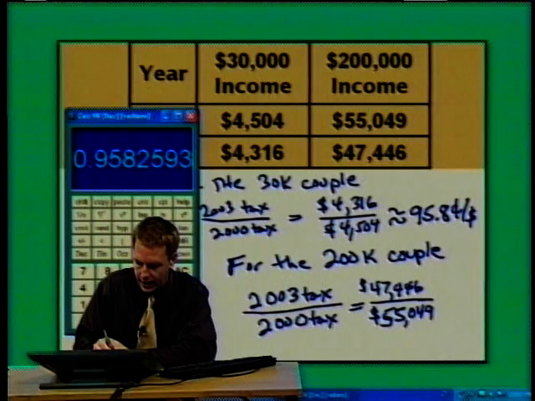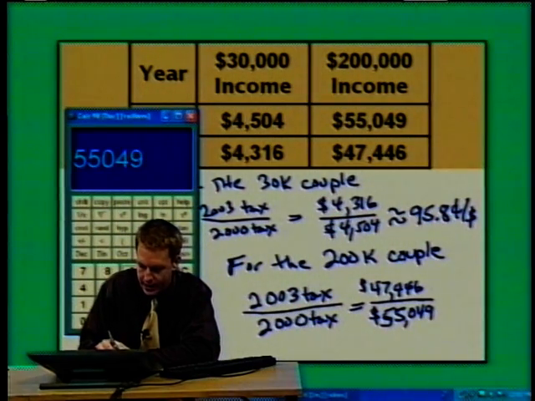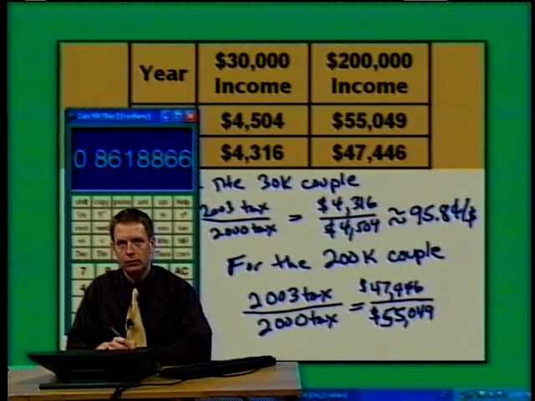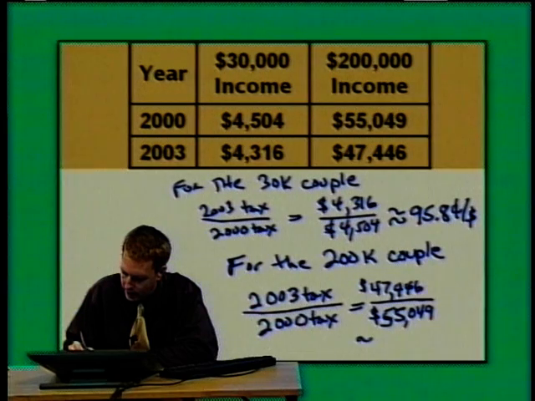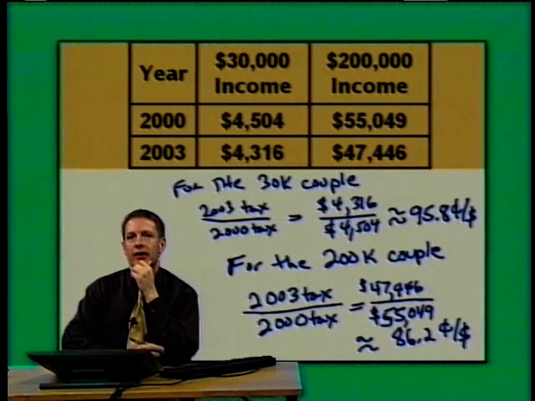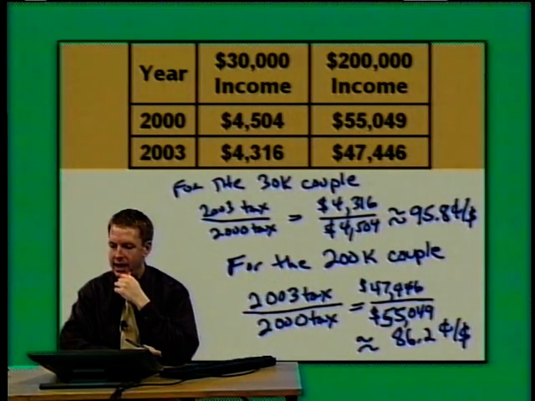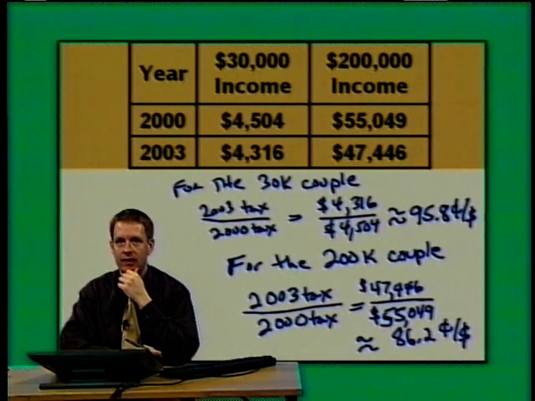So let's see, we've got 47446 divided by 55049. That's 0.862, which would be about 86.2 cents per dollar. So let's see, the couple who earned $30,000 in 2003 paid 95.8 cents for every dollar